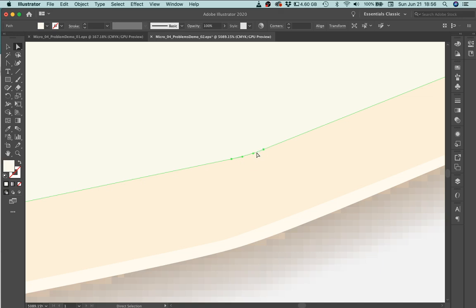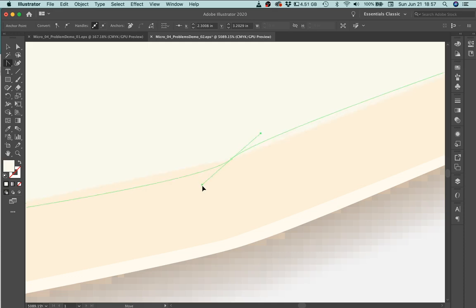What's going on here is that there are handles. It's really sort of a corner point, and there are handles on one side of each of these anchor points, to create this little curve. But then the rest of the path is straight. So what we want to do is just have one anchor point here. So I'm going to hit the minus sign, just delete one of these. It probably doesn't matter which one we delete. Just choose that one. And then I'll hit Shift C